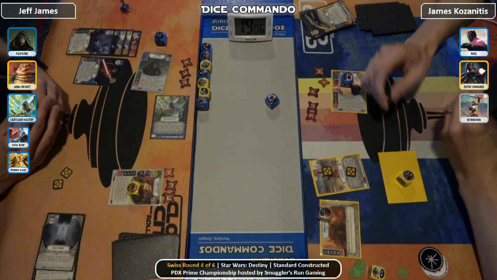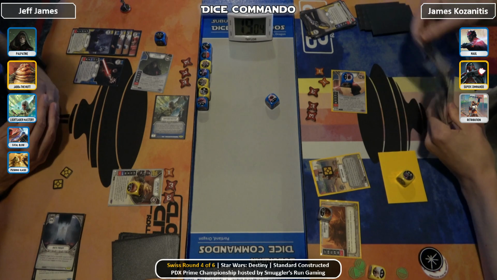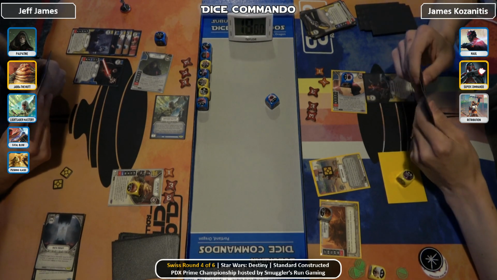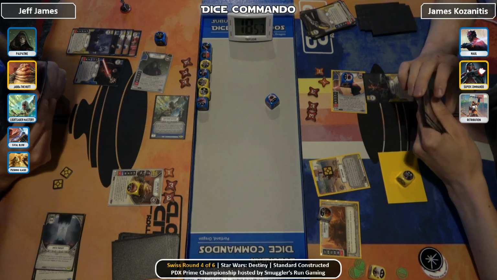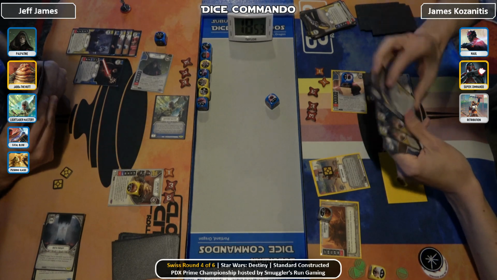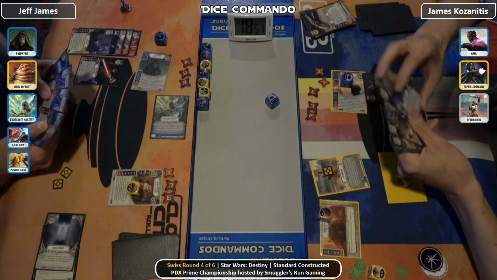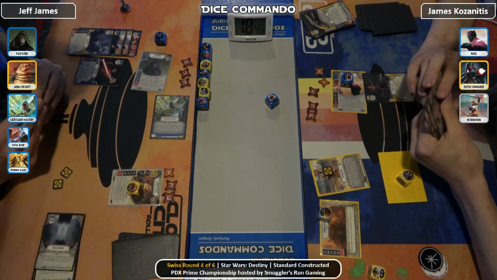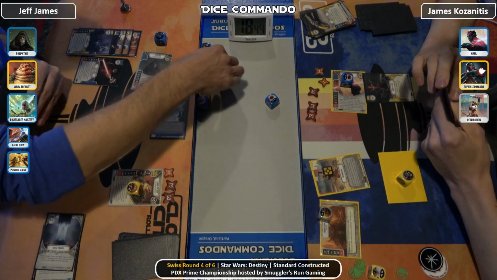Yep, goes the 2 on Neiman. Pays 1. Oh, armor plating. Suck up that 2. You know, it is interesting. Technically, Jeff could run Act of Cruelty. I mean, there wouldn't really be any reason for him to use a valuable deck space for that, but...